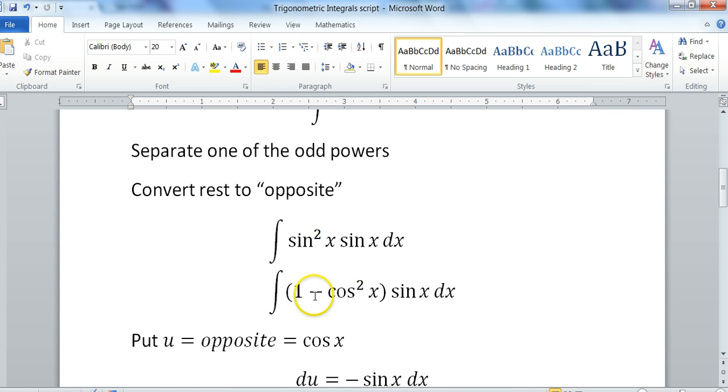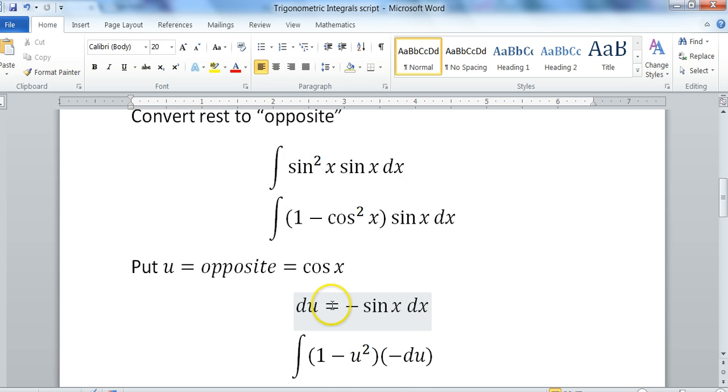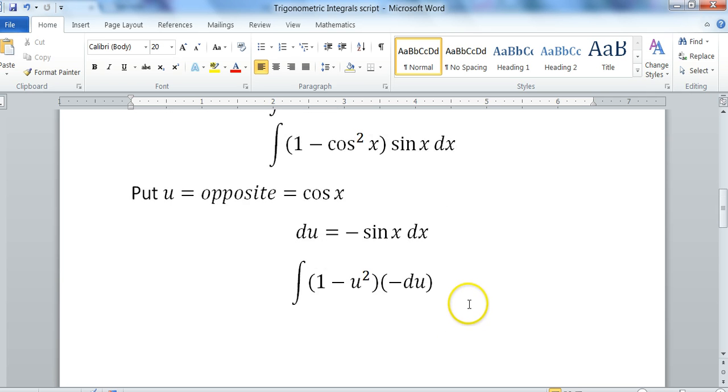Now the third step is to put u equals the opposite. If you put u equals cosine x, then du is equal to negative sine x dx, and so on and so forth. And then you have 1 minus u squared, and then negative sine x dx is negative du, and